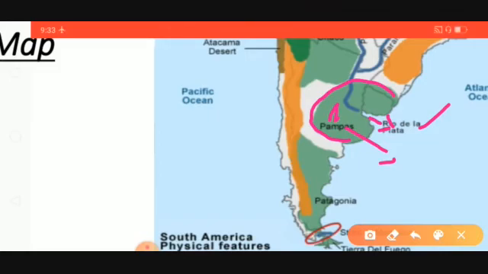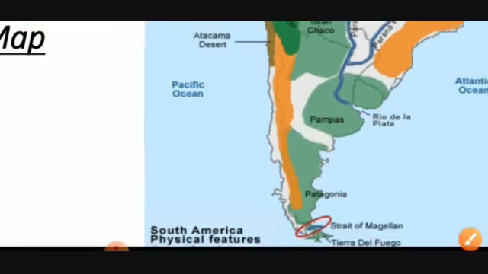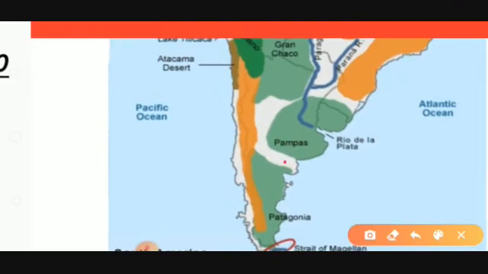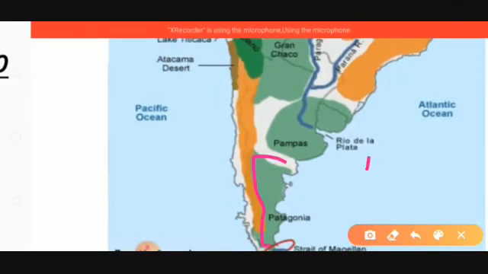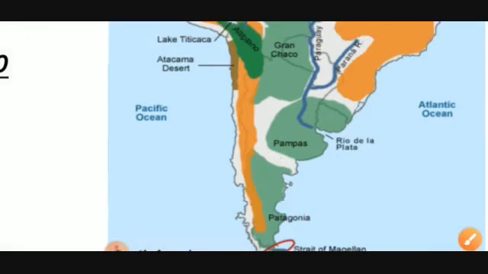The next one is Patagonia. When you mark Patagonia, you have to draw the line on the eastern side and write Patagonia there. Draw it on the eastern side. Don't draw like this. You have to draw it like this. Okay, so that is Patagonia. You can put an arrow and write, or you can write it inside. Better to put an arrow here and write Patagonia.